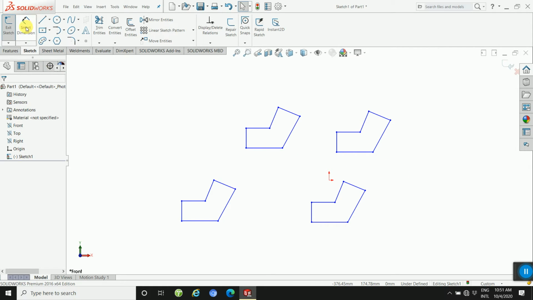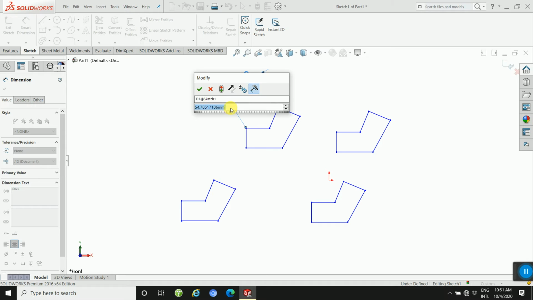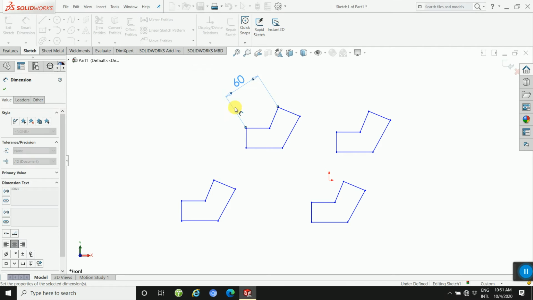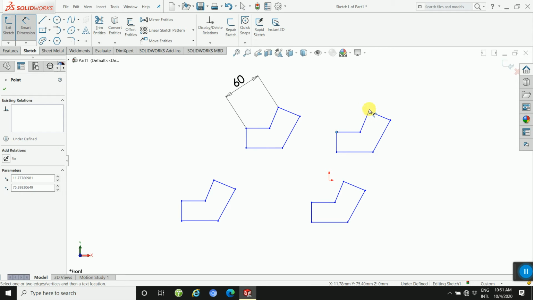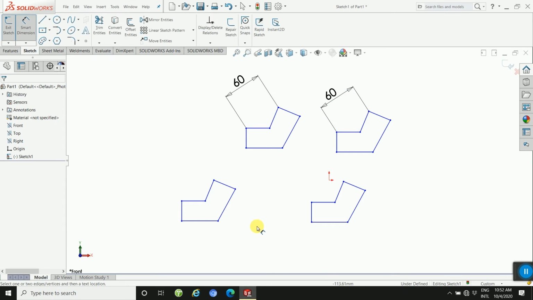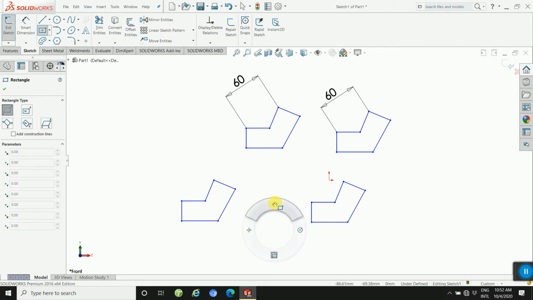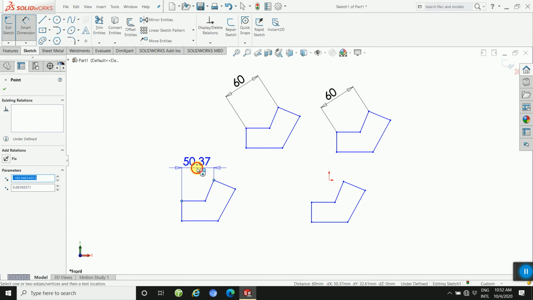Go first here, click on the smart dimension, then first point and then second point, and this way you will define the dimension 60. Okay, second you will define this linear way, here, this way directly. And then third is the smart way, mouse gesture and position, this way. So right click and then move the mouse up. This is the way of dimensioning.